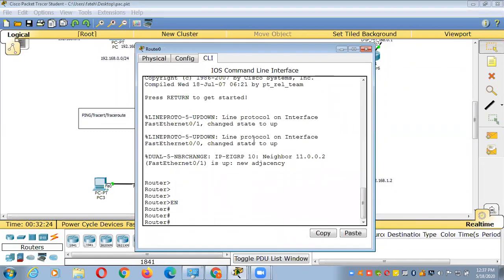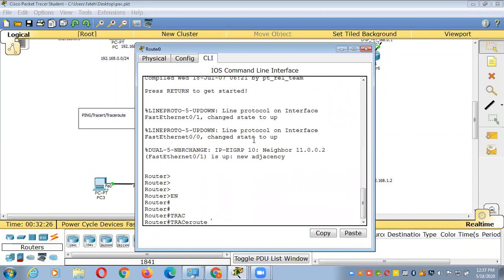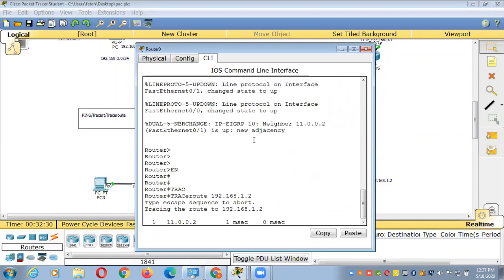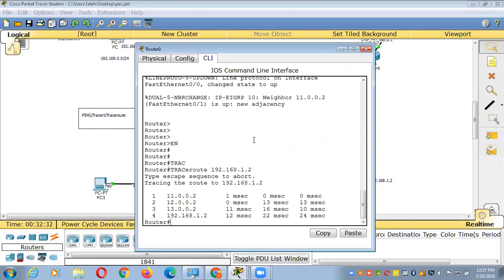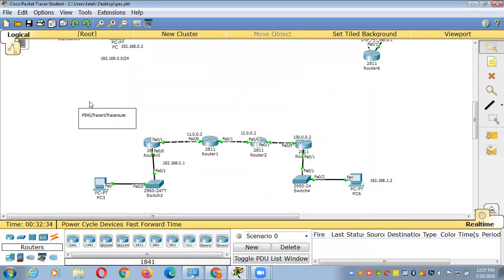I'll show you. Traceroute 192.168.1.2. The same output will be here. But you can run tracert on your computer, and traceroute will run on your router.